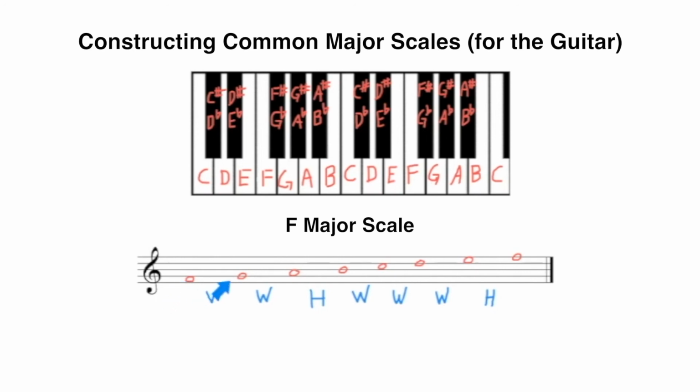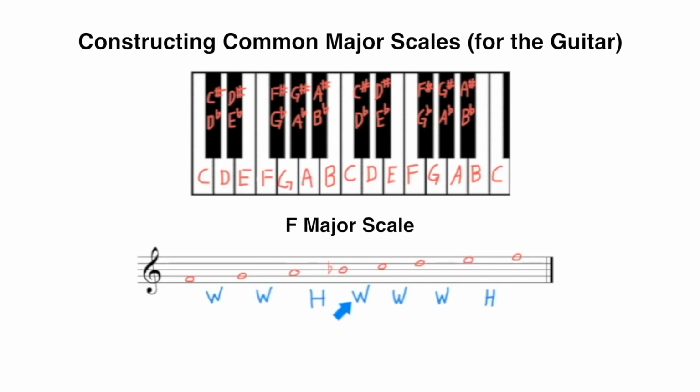From F to G, we're looking for a whole step, and if we look at the piano, we can see the F, there's a black key in between, moving up to G, making for a whole step. We have the same thing from G to A, G, black key to A is two half steps or a whole step. Then A to B, we're looking for a half step, but A to B is actually a whole step with that black key in between. We need to keep the B note, so we're going to go from A up to B flat to create a half step between those two notes.